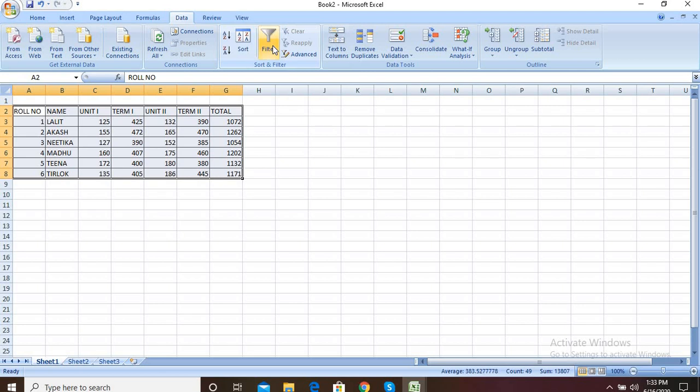After filtering, the next operation we have to apply is Advanced Filter. First, what is meant by Advanced Filter? The Advanced Filter option can be used to filter records with more complex criteria. You can filter the records in the same place like AutoFilter, or you can also copy the filtered records to a new location. Now see what it says on page number 41 for the filtering option.